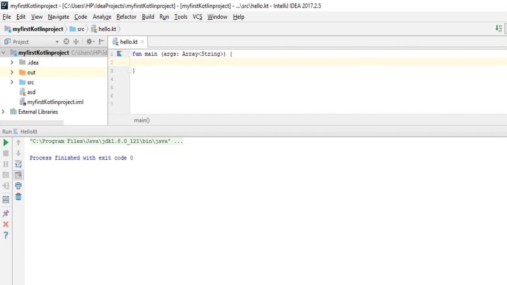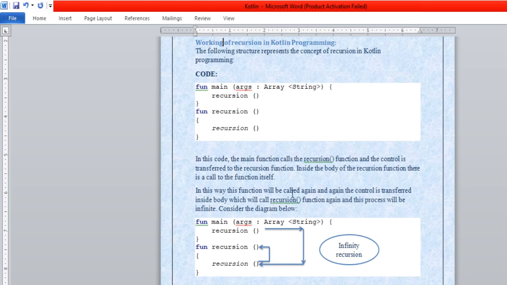And in this tutorial, I'll be talking about the recursive function in Kotlin programming language. So a function which calls itself is called the recursive function, and this process of calling a function itself is called recursion. So now here you can see we have a function with the name recursion, and now inside the